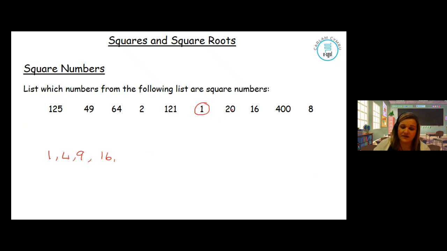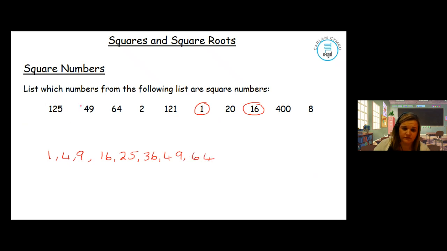4 and 9 are not in my list, but 16 is, and I can keep going. So 2 is not a square number because it's not the result of a number being multiplied by itself. 8 is not, and obviously we've got to carry on. So 25 is the next square number, 36, 49,